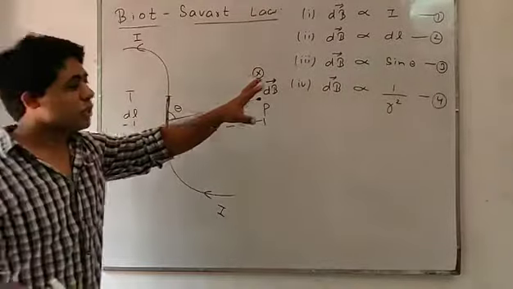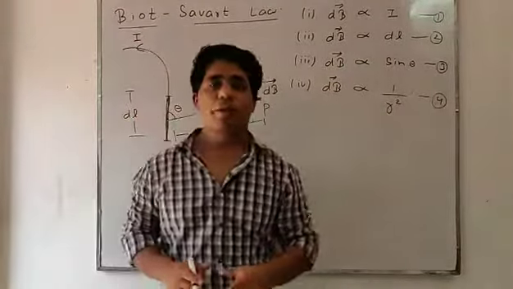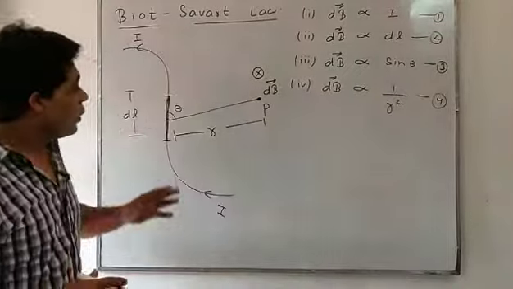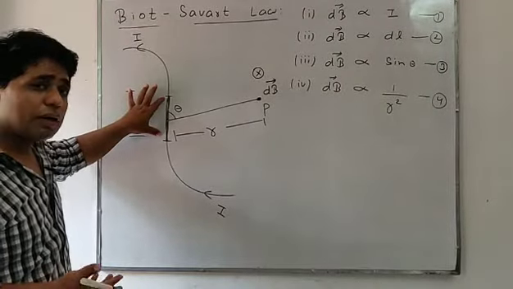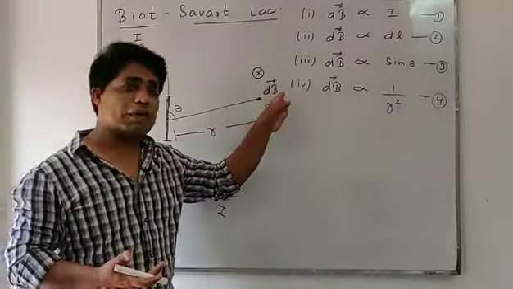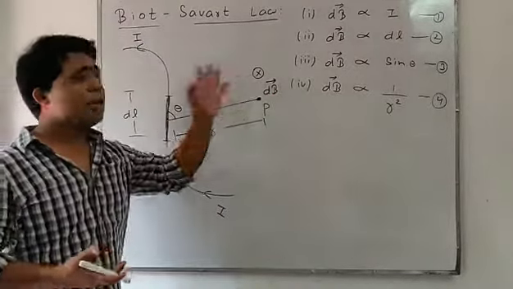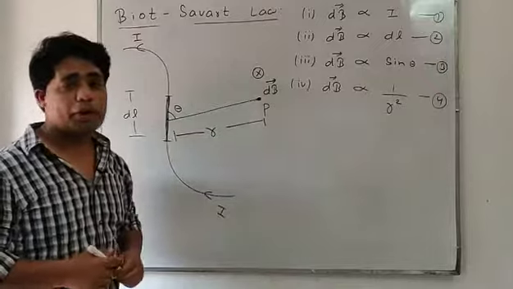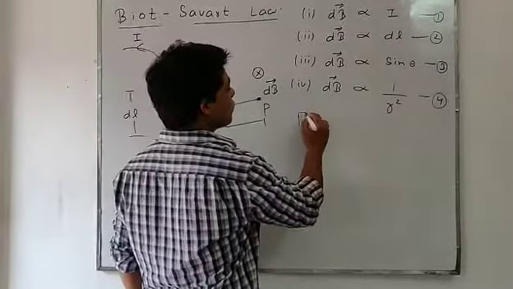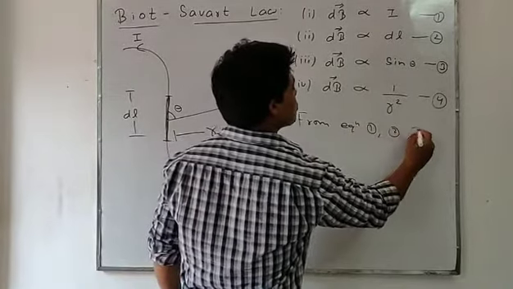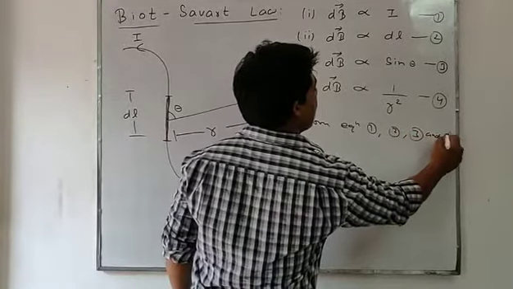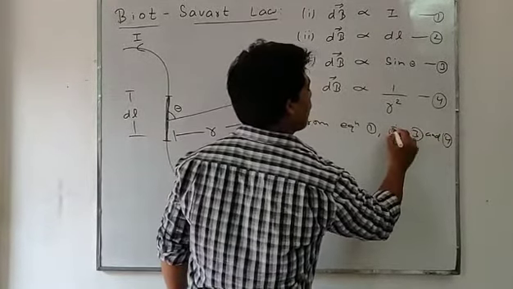So this is observed, this is found by the experiment, by Savart, that when the current flows in the partial length of a wire, in an element, it produces magnetic field at a certain distance r, and this magnetic field depends on these four components. When we combine all these from equations first, second, third and fourth, what will we get? We'll get